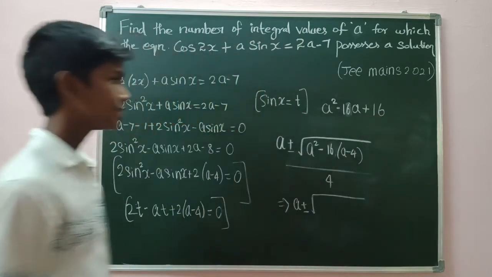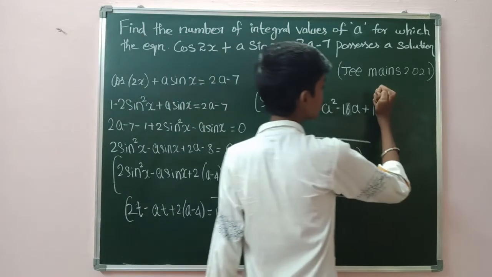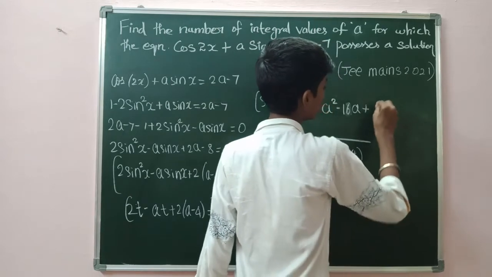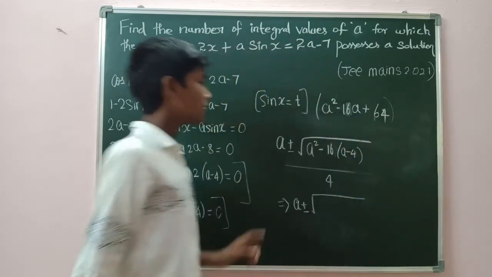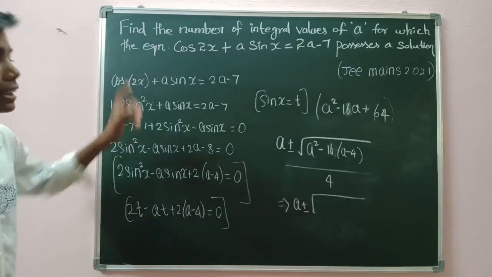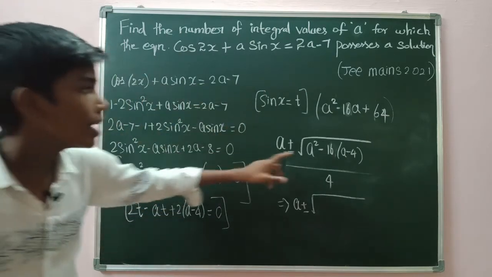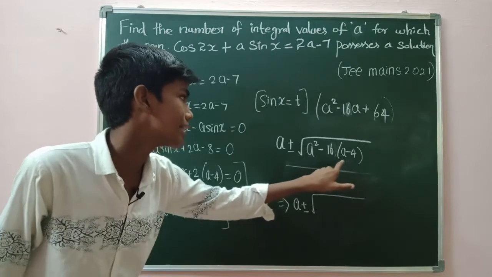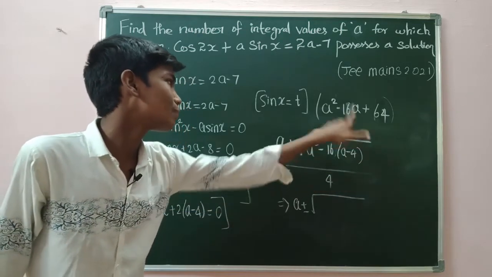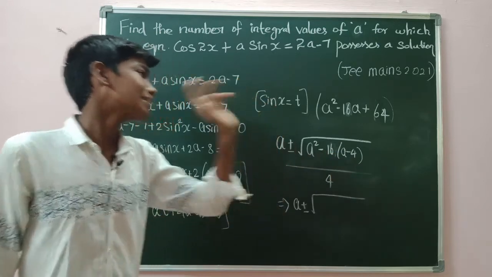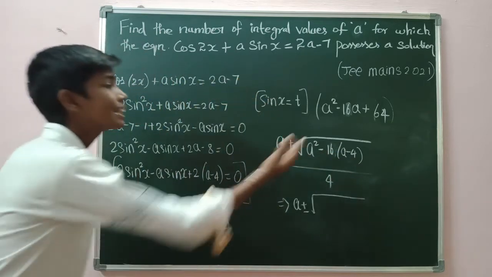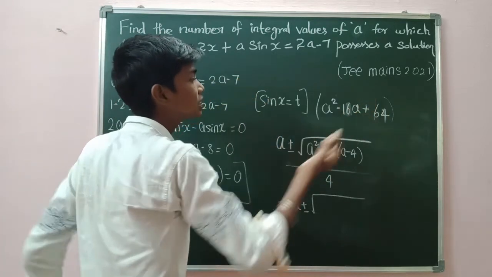Can't I write like this? 16 into 4 is 64. Can't I write the inside expression, that is a square minus 16 of a minus 4, as a square minus 16a, just multiplying the inside value? So minus 16 into a is minus 16a, then minus 16 into minus 4 will be plus 64. That's all. So this a square minus 16a plus 64 is nothing